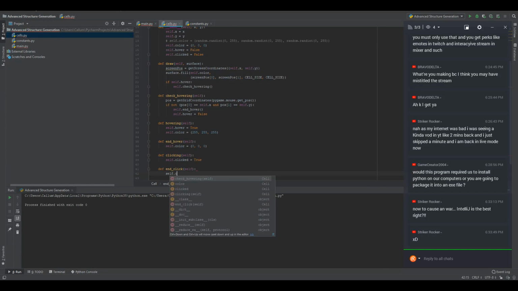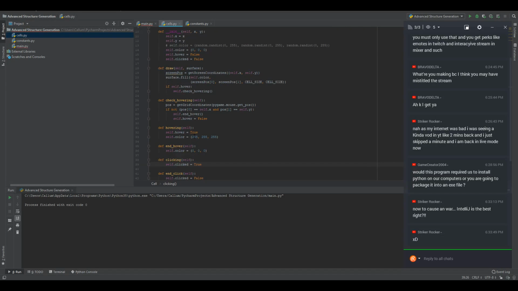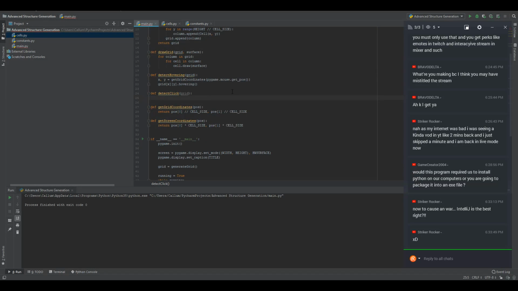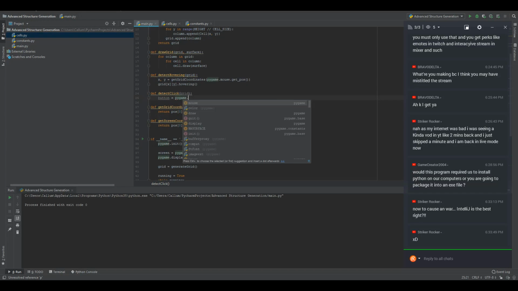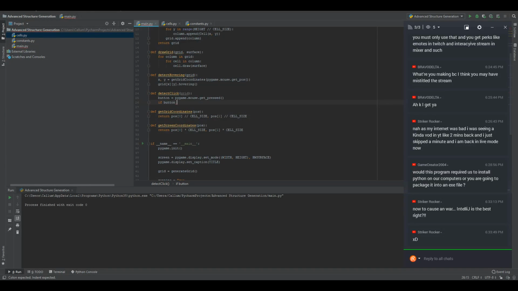So there we go. We've got that set up like so. Now I'll do the clicked stuff. We need to check whether they got it down. So mouse, so button equals pygame.mouse.get_pressed. If button is equal to